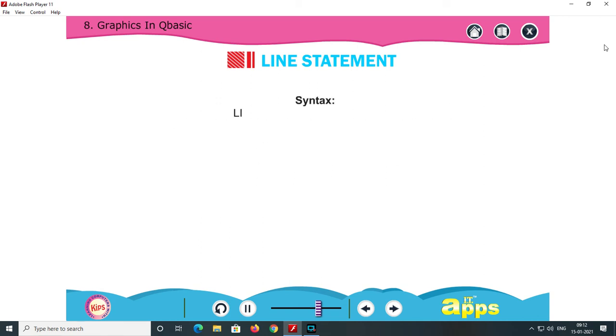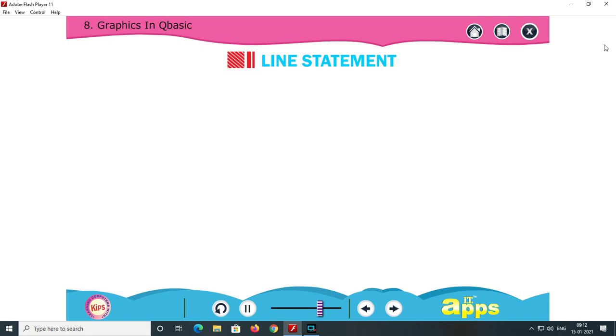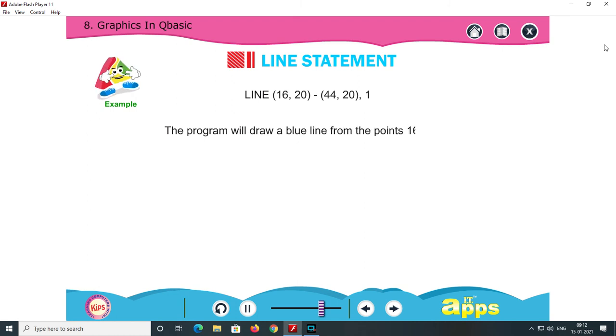The syntax is LINE (x1, y1) - (x2, y2), color, where x1 y1 and x2 y2 represent the start and end coordinates of a line drawn in the specified color. For better understanding of LINE statement, let us take an example. LINE (16, 20) - (44, 21). The program will draw a blue line from point 16, 20 all the way to the point 44, 20.